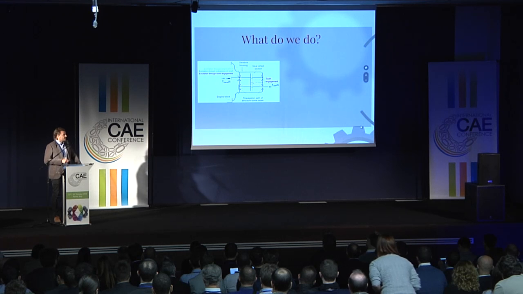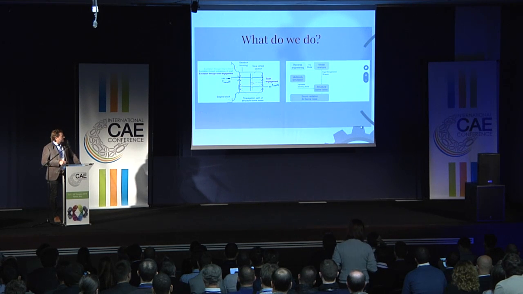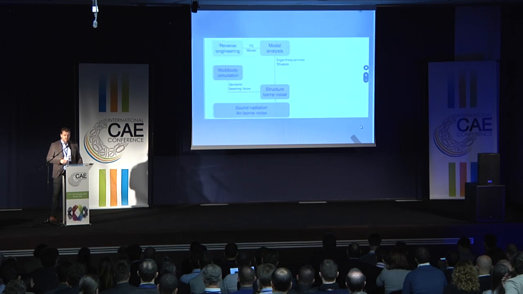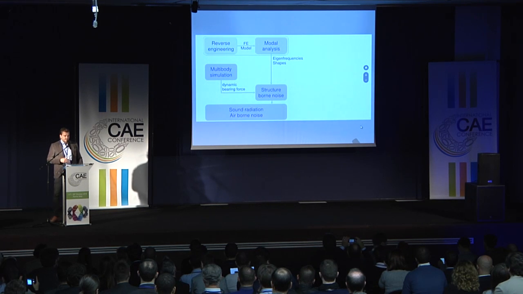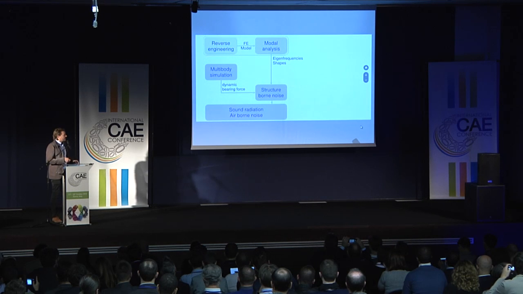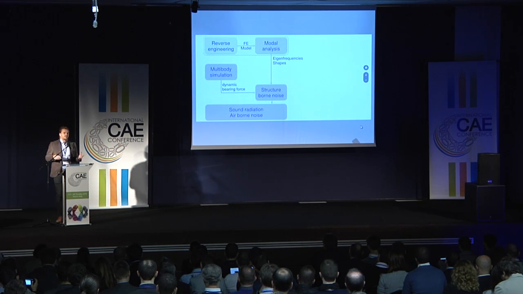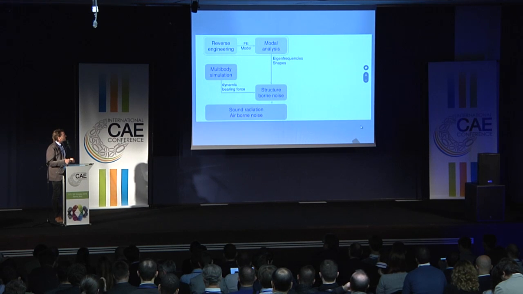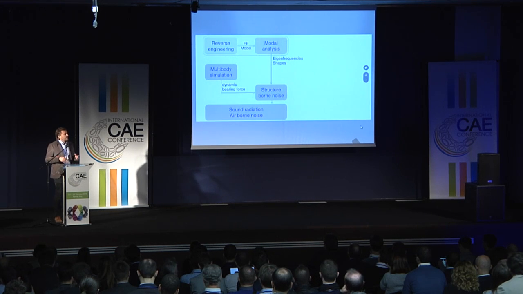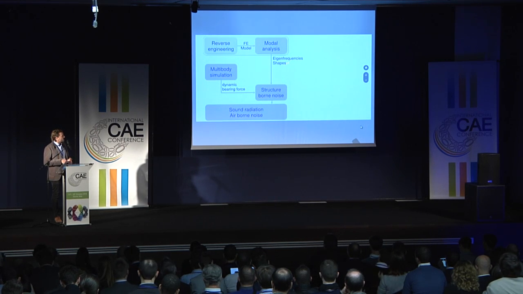And how we simulate this, this slide is going to show you. Basically, we have a calculation chain, and the calculation chain is the 4 purple boxes right here. It starts with modal analysis, but before you can start doing your modal analysis, you need your finite element model. To get your finite element model, you can take CAD data and mesh it, or you can use a reverse engineering process. If you have a finite element model, you can do your modal analysis. The modal analysis gives you the vibrating properties of your structure, so the eigenfrequencies and the shapes of it.